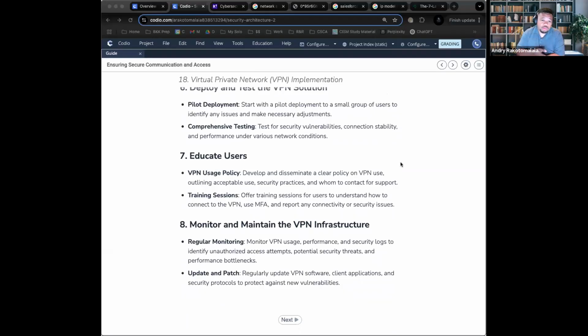So the best option would be once a user logs in, they can't do anything until they are on VPN. And that typically just requires like a finger scan or a login or something like that. And then you want to make sure that you have training sessions that are readily available for them to look at in case you say, hey, how do I access a VPN? That kind of stuff. And then you just need to monitor and maintain it.